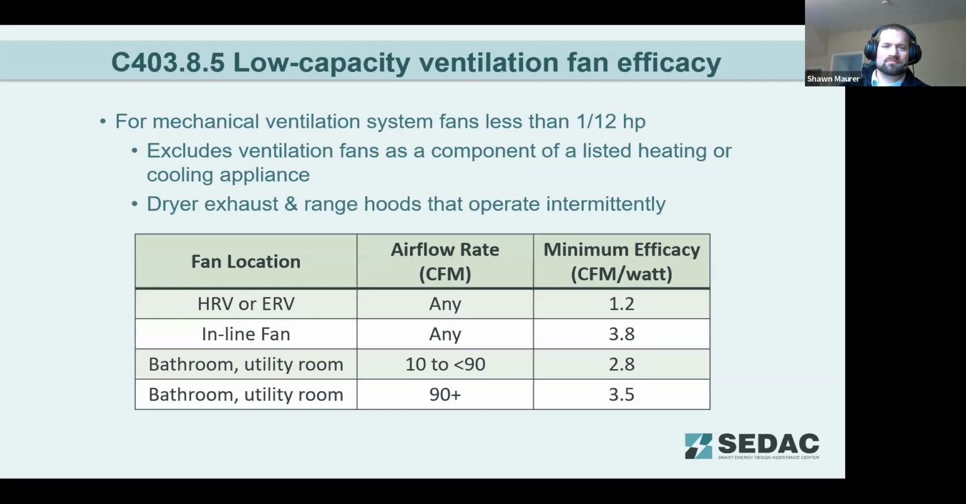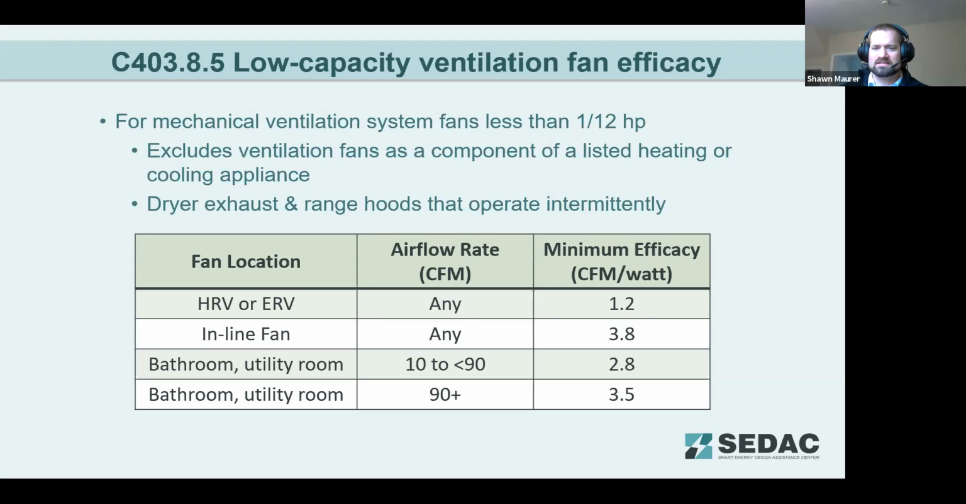And then lastly, some updates for low capacity ventilation fans. Here we're looking at HRV, ERV fans, kitchen hood fans, bathroom utility fans, these smaller fans that are throughout facilities with the lower ventilation requirements. So for a mechanical ventilation system with fans less than 1/12 horsepower,